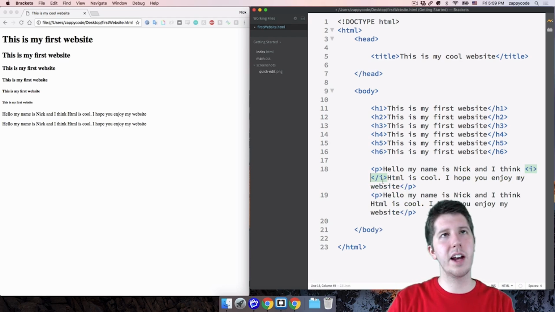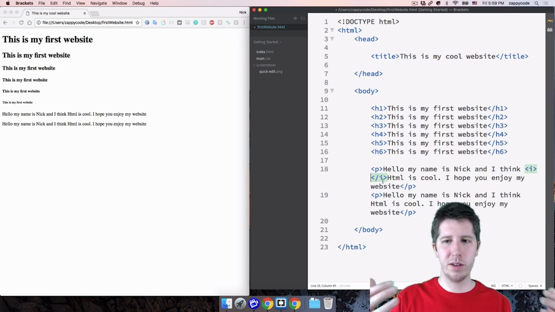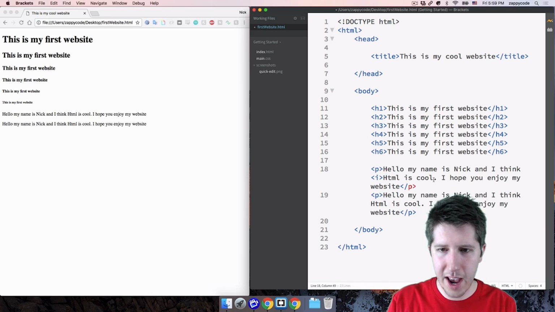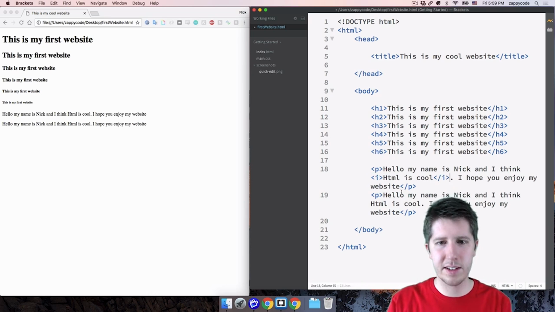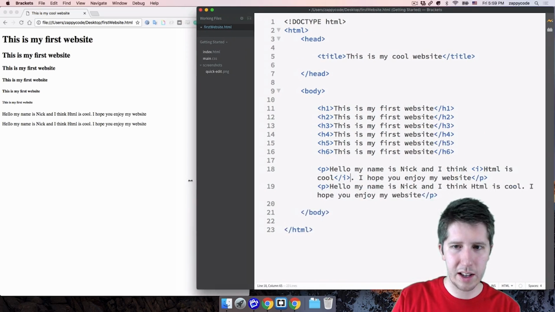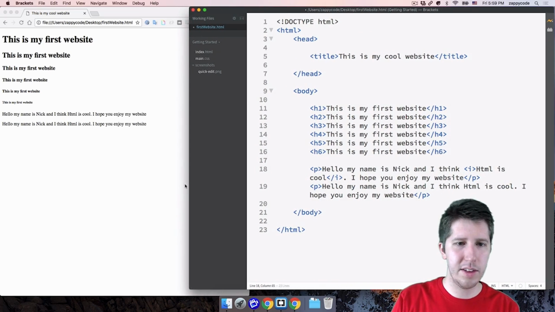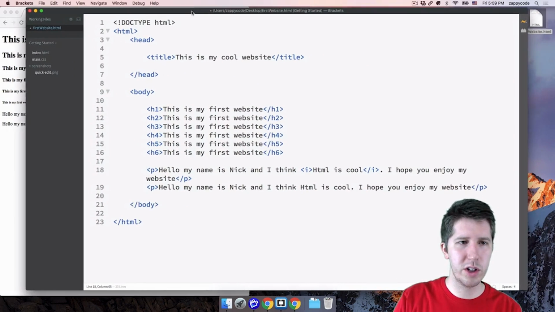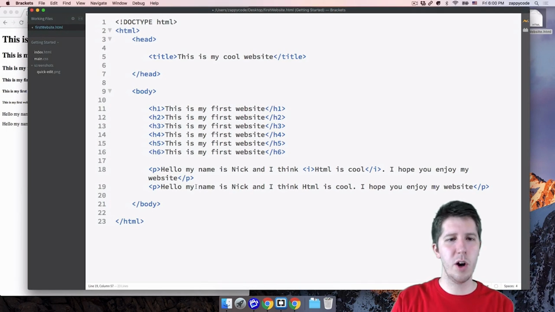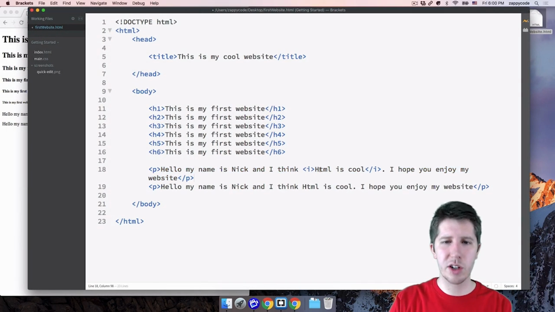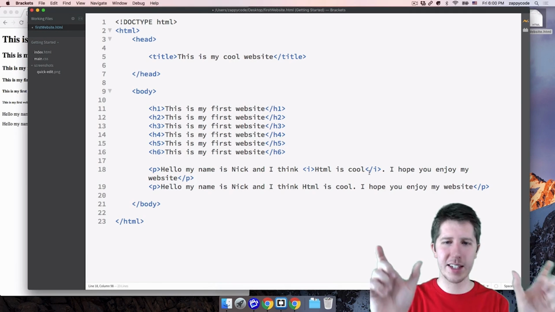Sort of close that up, and I shouldn't say opening tag, I should say the opening bracket or whatever. But so there's our opening one, and I'm going to take the closing one and put it after is cool, just like this. So you can see we've wrapped this text around. I'm going to bring out this bracket a little bit so you can see this code better, because in fact, let's just make this full screen. We can switch between the two rather easily. So right, I've got this big line of code here. There's a couple of sentences, but just around HTML is cool, I put the italicized tags there.